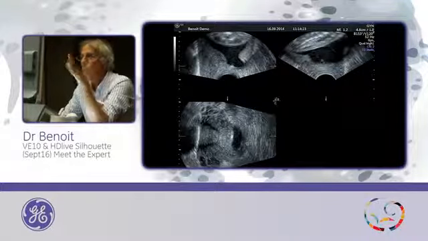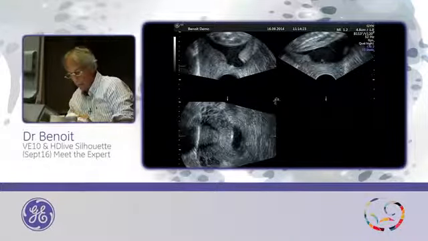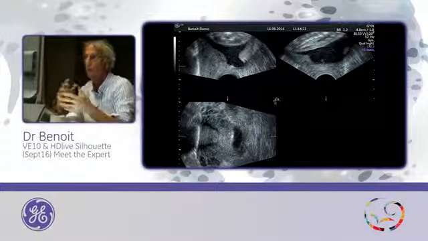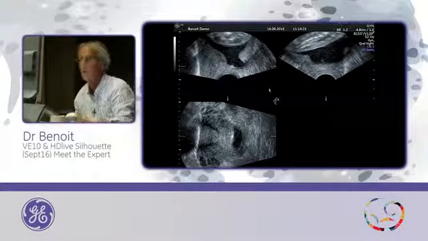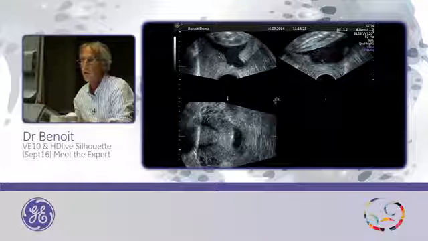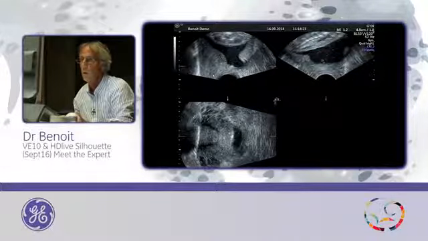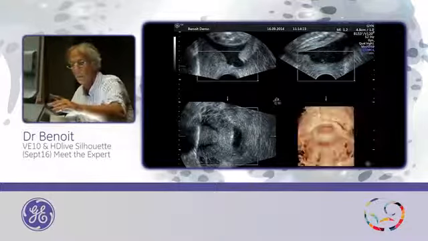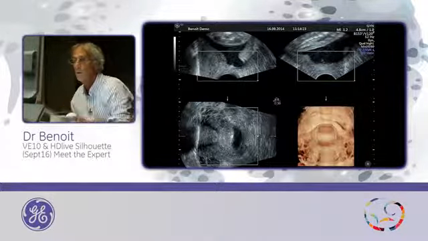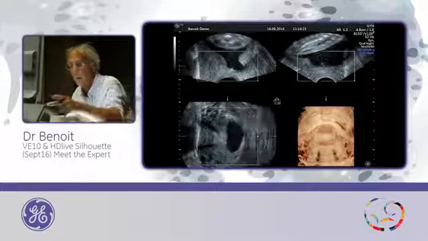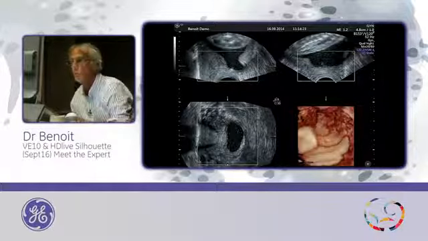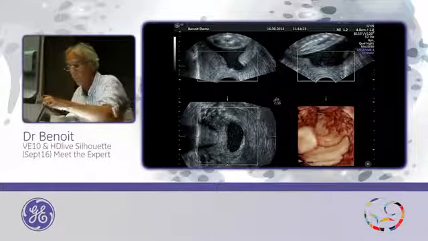What is this? This is a scar of a previous cesarean section, and it's difficult to know exactly what is the shape of this. You can see here, and this is a sagittal view. This is a cervix. So what we will do, we will put the green line here. So, okay, the green line is not in the correct position, so I will move to the upper position,